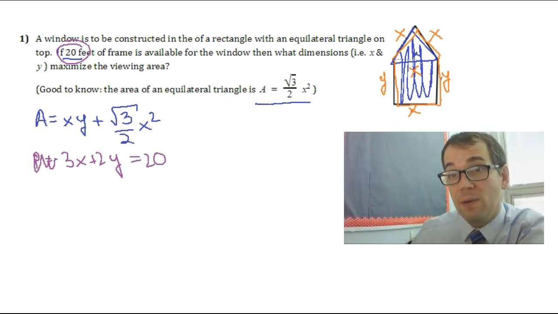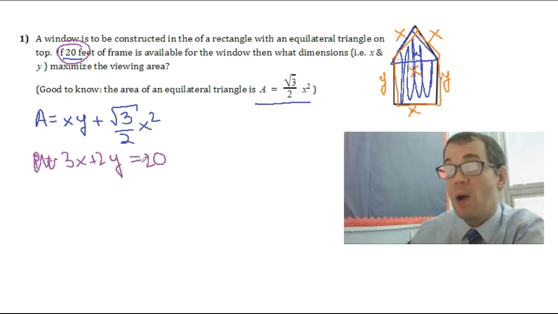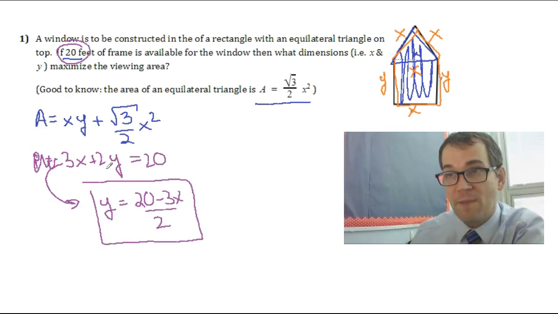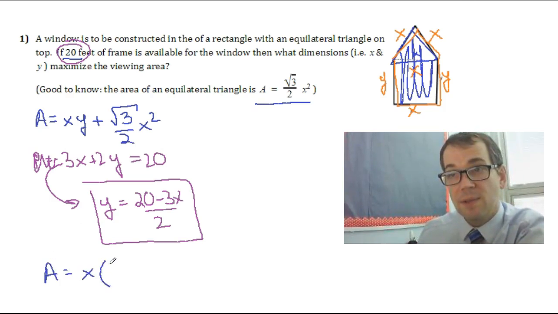And I will now make the choice to solve this for y. I can solve it for x as well, but I'm going to solve it for y. If I solve the constraint for y, y will equal 20 minus 3x over 2. I'll subtract that 3x over and then divide both sides by 2. And I'll use the information from my constraining function to plug into the area function so that the area is all in terms of one variable. So the area will become x times that y value in terms of x